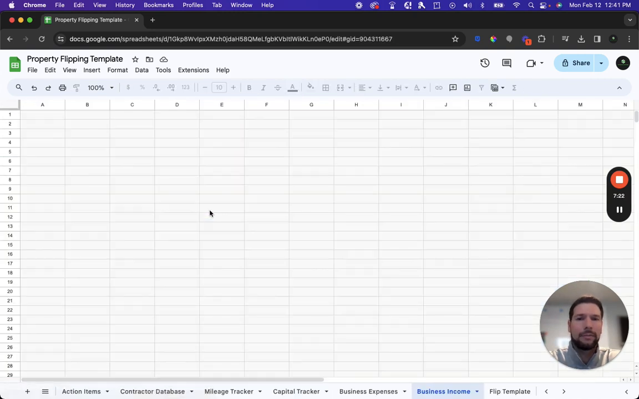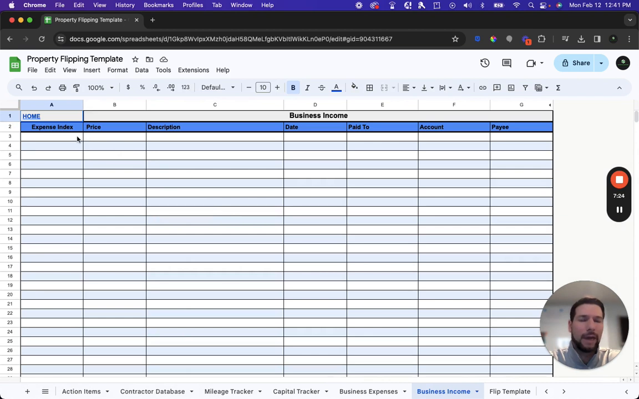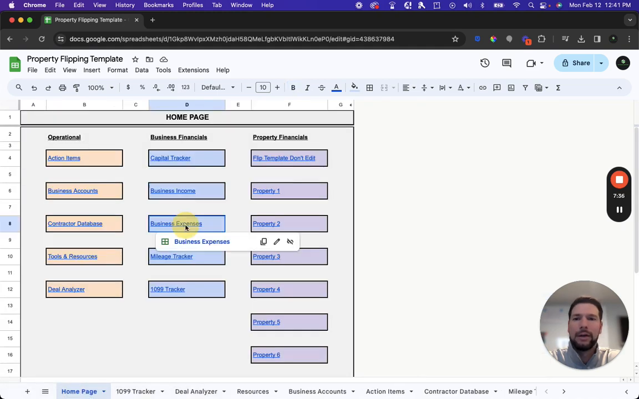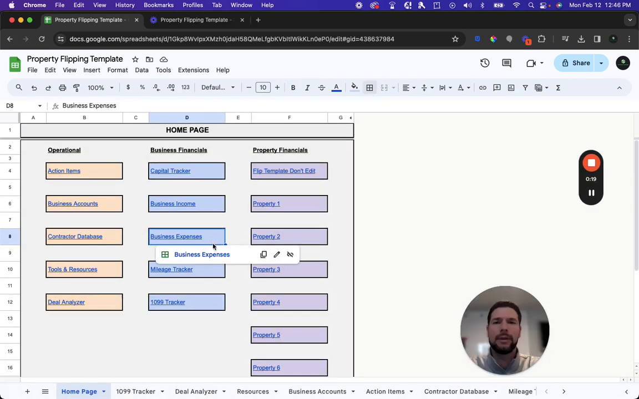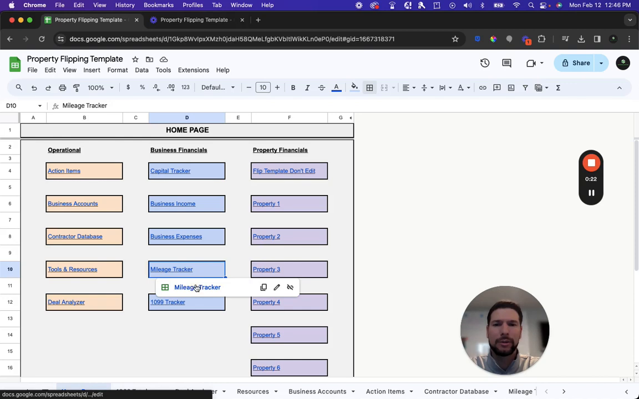Business income, pretty simple here. If you're generating income outside of anything from your typical investment properties, you want to capture that here as well. If you get things like bank interest or credit card rewards, you can keep track of those in here, or any other type of income your business generates. Any business expenses. And then next up is the mileage tracker, which will be important because you're going to want